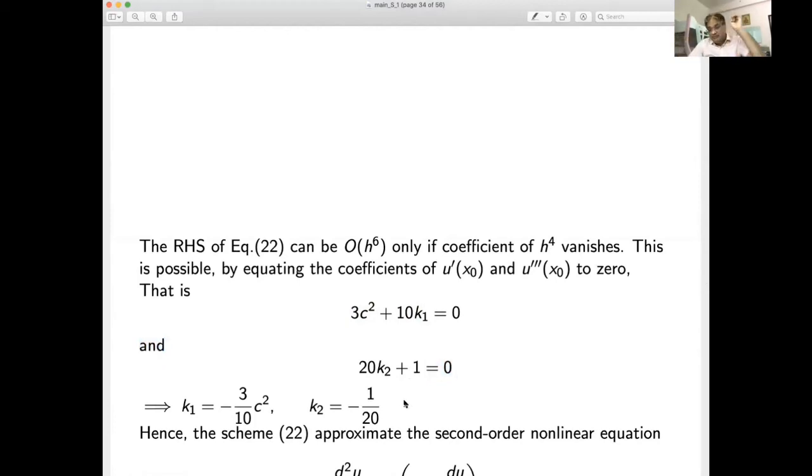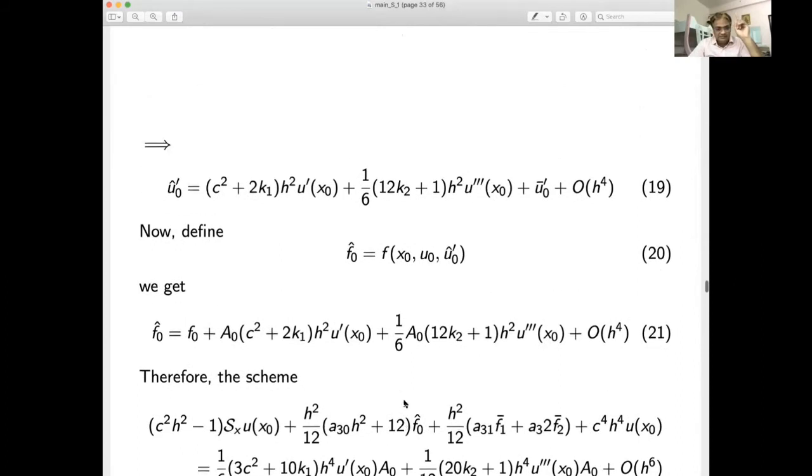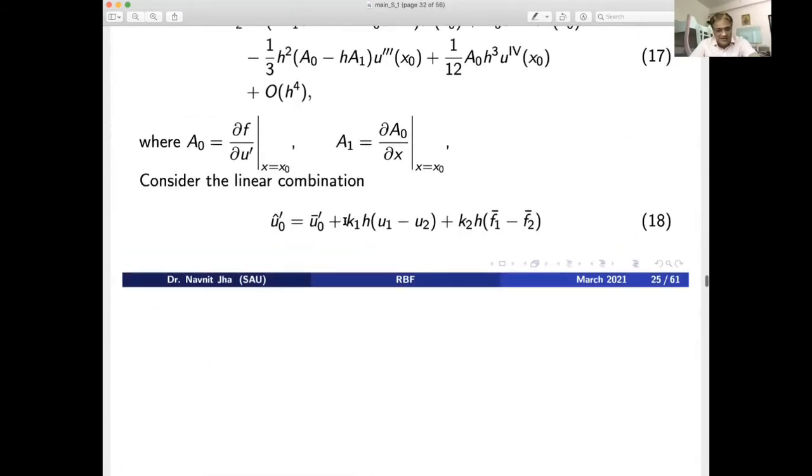So in the beginning, in this linear combination, k1 and k2 are free parameters, or you can say they are unknowns whose values will be determined later in such a way that it gives you a high resolution scheme. Or this is a kind of method of undetermined parameters that you have probably learned in the 10th class, I remember.